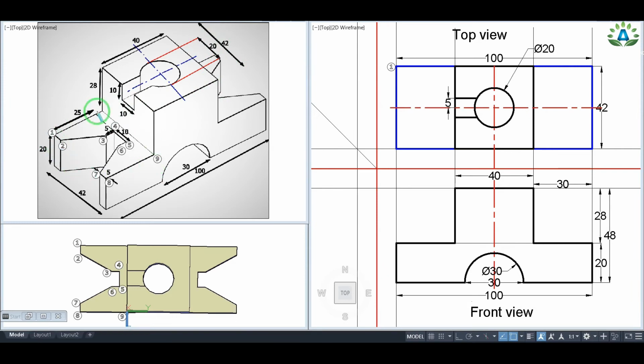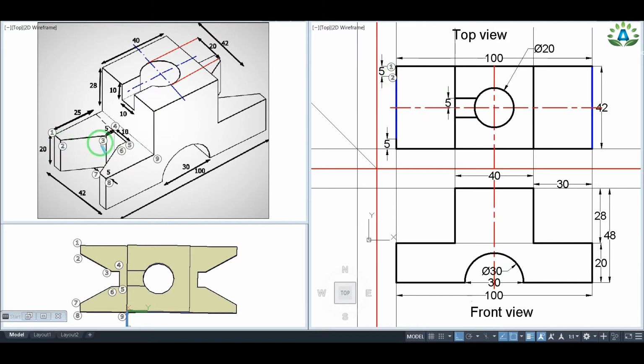Now we are going to locate these points in the top view, and we have already located this point number 1 in our 2D, that is this point. So first of all, I'm going to locate this point number 2, and we can see that the total distance between these 2 points is 5. So I'm going to make a line which is 5 mm away from this point number 1 on this side. So I have made a line which is 5 mm away from this point number 1, and we can easily locate this point as point number 2.